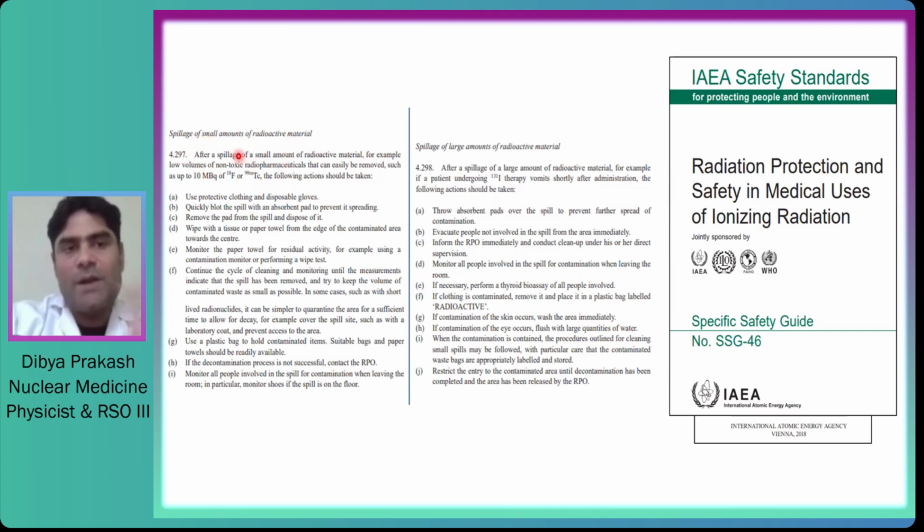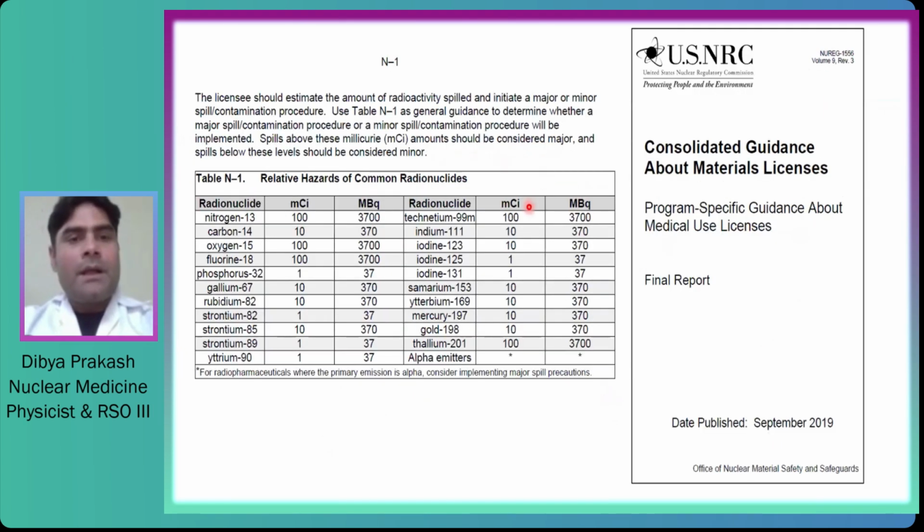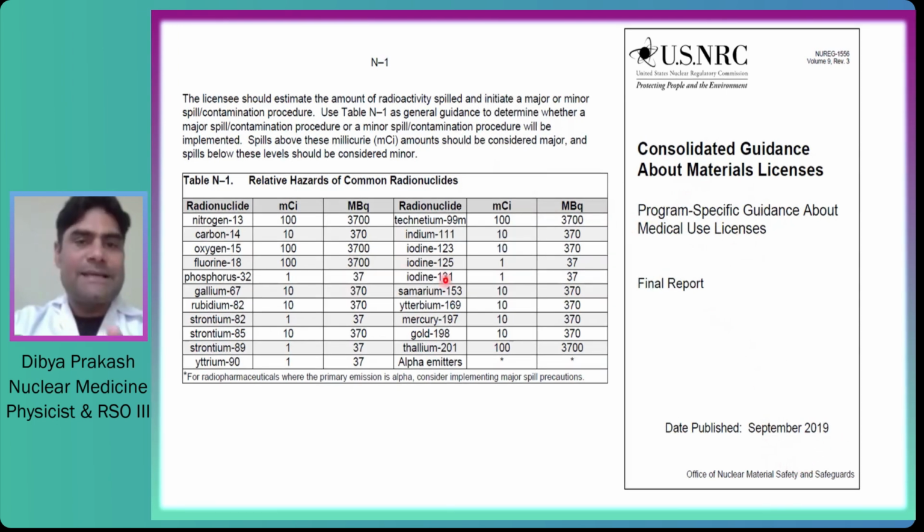They only say a small amount of radioactive material is a minor spill, and a large amount of radioactive material is a major spill. So this is a small amount and the large amount of radioactivity. This is how they are defined. But in the US NRC document, which was published in September 19, they say a clear